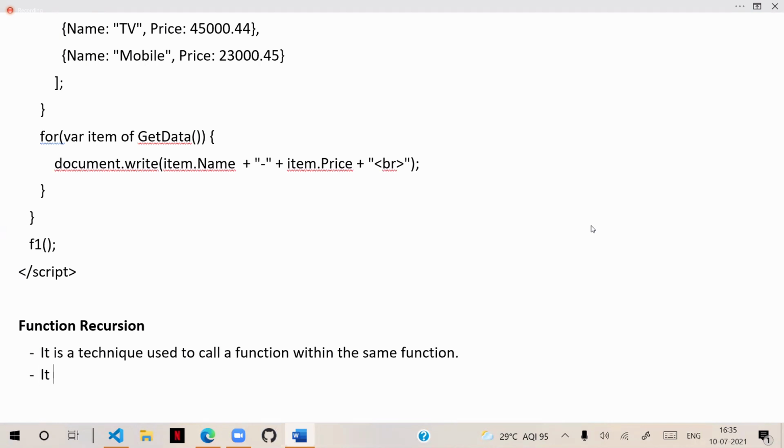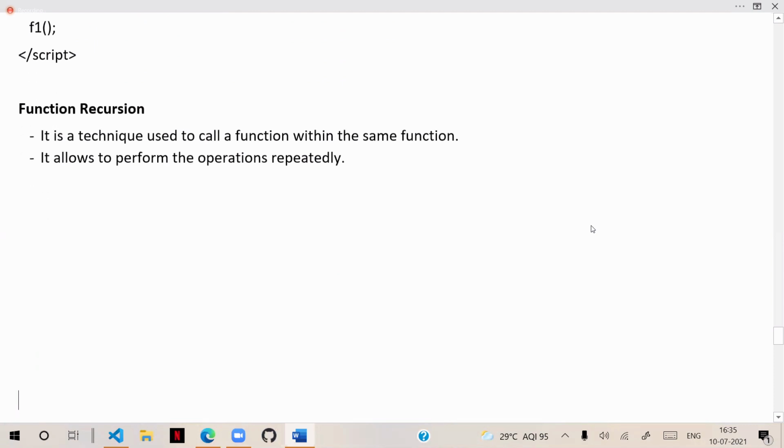That means it allows you to perform the operations repeatedly until the condition is satisfied.